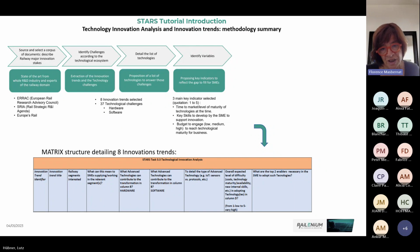So one is about the time to market, so at which time should the technology be mature for the market, and then the key skills that the SMEs should bring or develop to support this innovation, and the financial effort that is necessary. And we try to say, should it be low, medium, or high, and have some notation. So you can see that all this has been included in a matrix